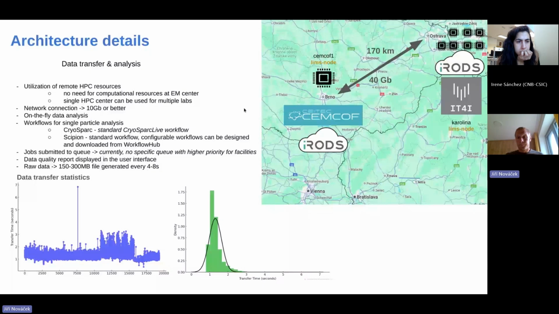So the utilization of these resources removes the necessity of us having the computational infrastructure here. And as mentioned before, we could easily connect multiple centers like ours to this single infrastructure as well, minimizing the need of having additional computational resources scattered across the labs. So, even though this is not physically close, it allows us to perform on-the-fly data analysis,